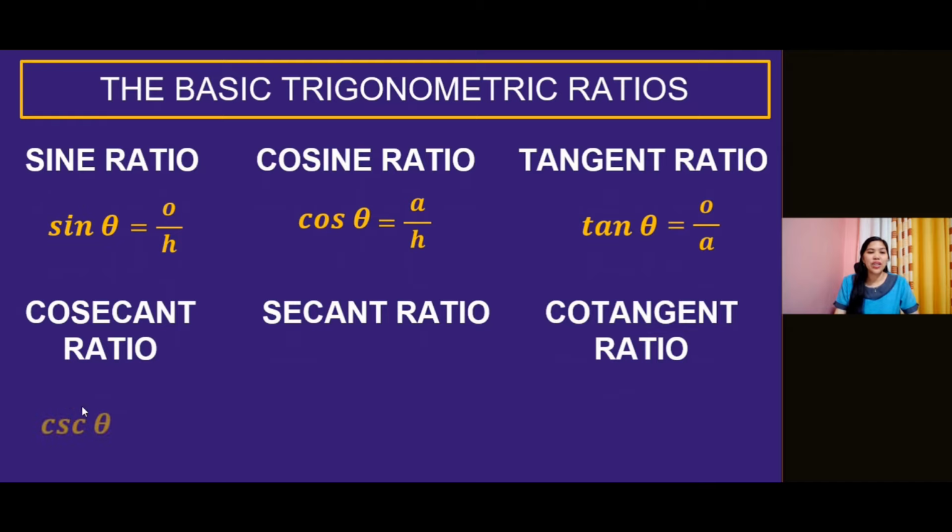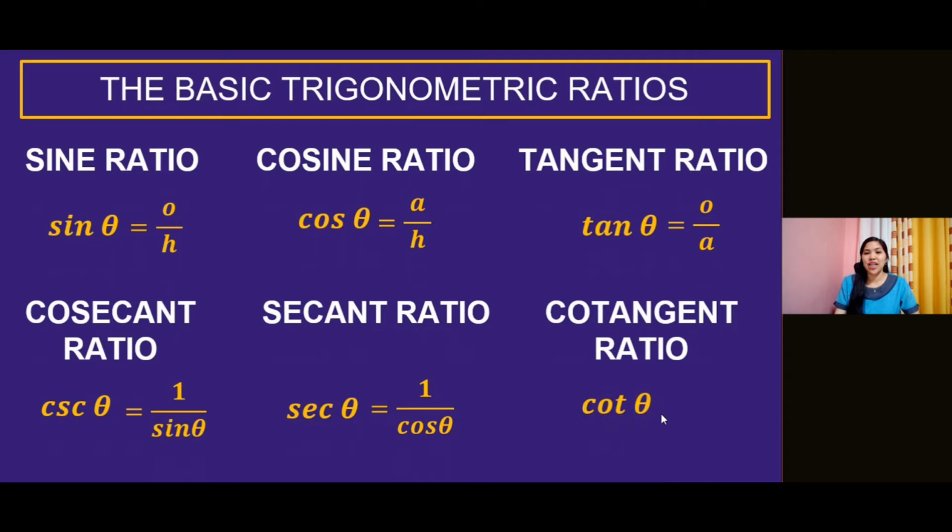Remember, your cosecant ratio is just equal to 1 over the sine ratio. And when we say secant ratio, that is just equivalent to 1 over the cosine ratio. And lastly, the cotangent ratio is equivalent to 1 over the tangent ratio. Okay, so once again, be familiar with these ratios because you will be utilizing them as we go along with